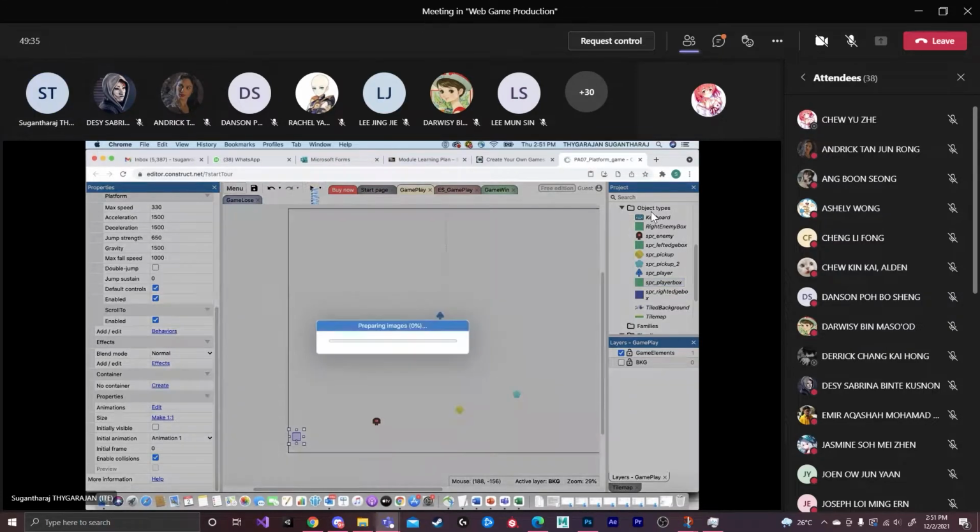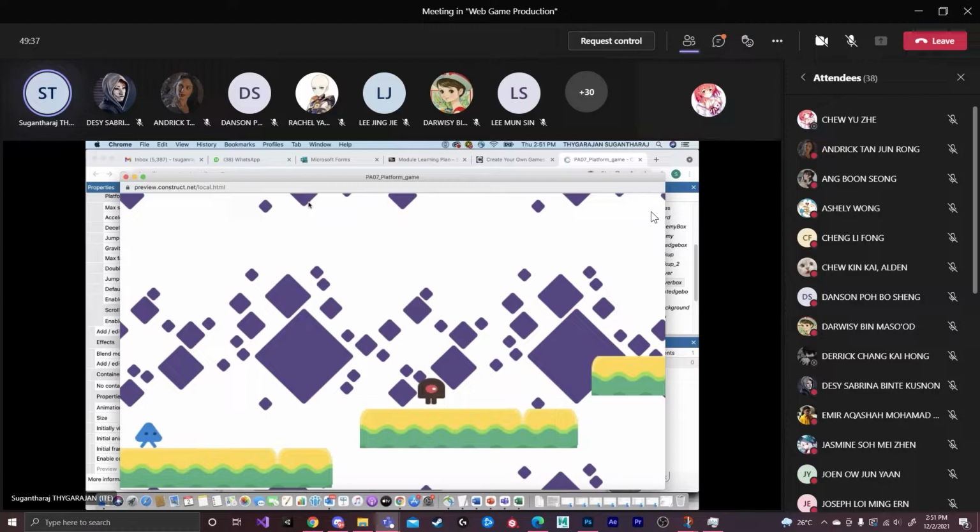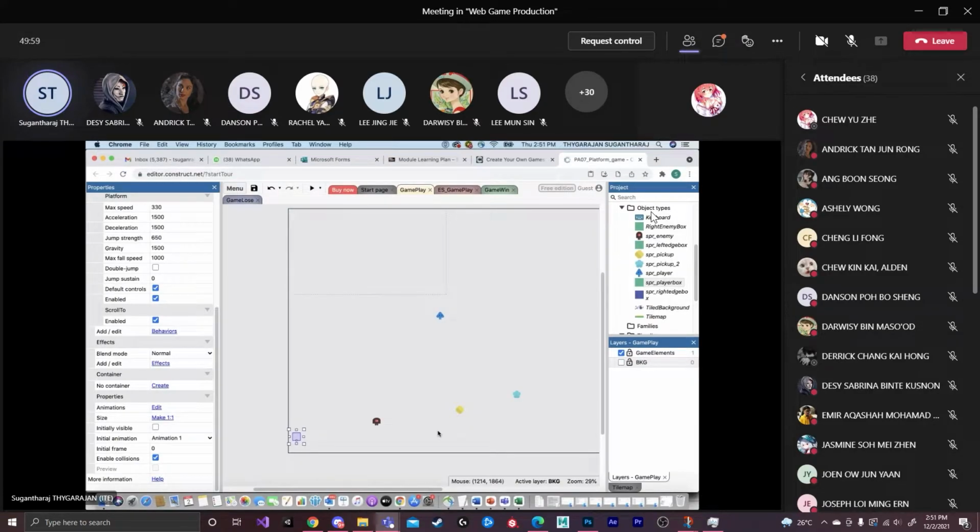So when I launch the game, you see the SPR player is here. Earlier it was over here. Why? Because now it is here because of this event. Because the SPR player is following the SPR player box. The SPR player box is in this position, so that's why it is starting from there.